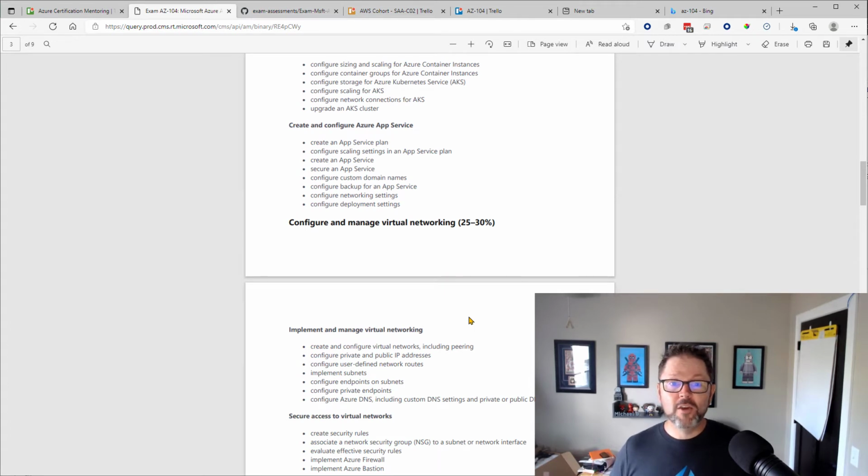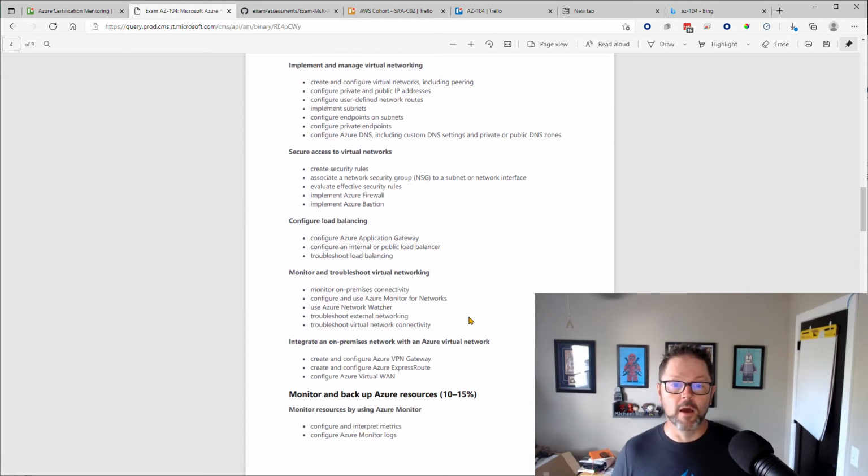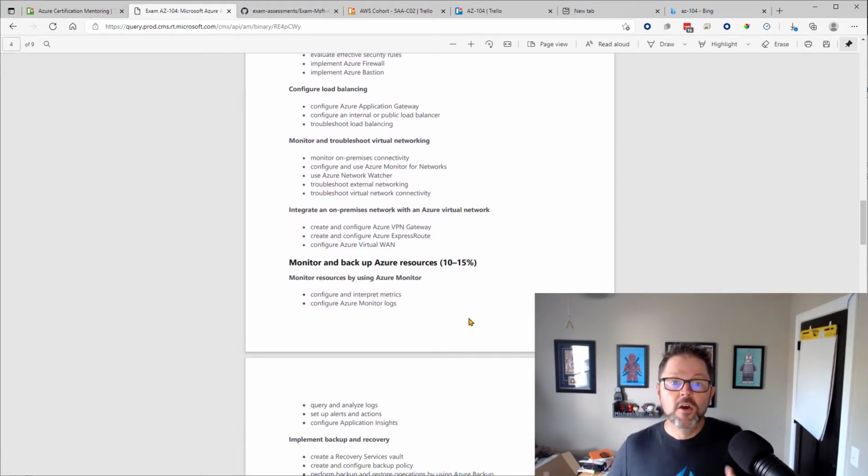Configure and manage virtual networking gets into 25 to 30, because virtual networking is really the glue in Azure outside of identity. It's super important that you have a really strong background on that. And last, we have monitor and backup: Azure Monitor, Azure Backup and Azure Site Recovery, at 10 to 15%.